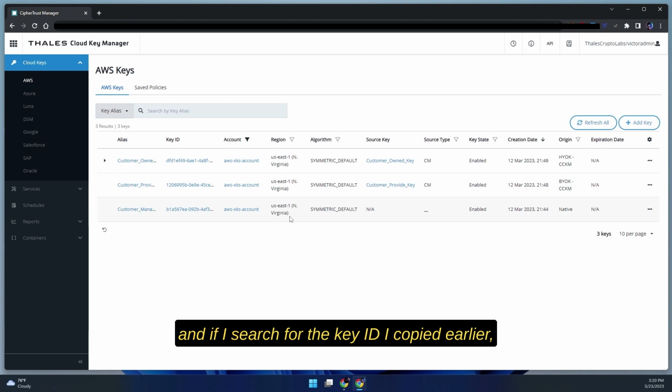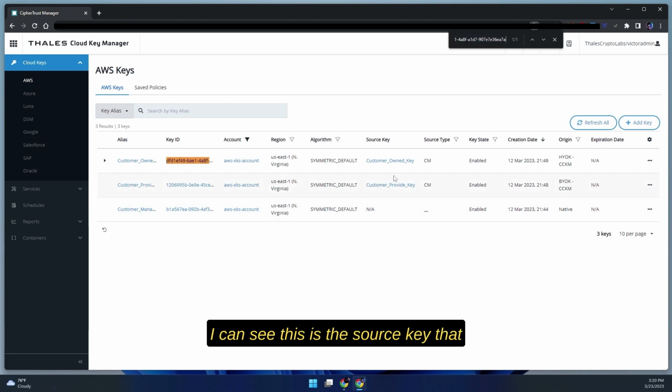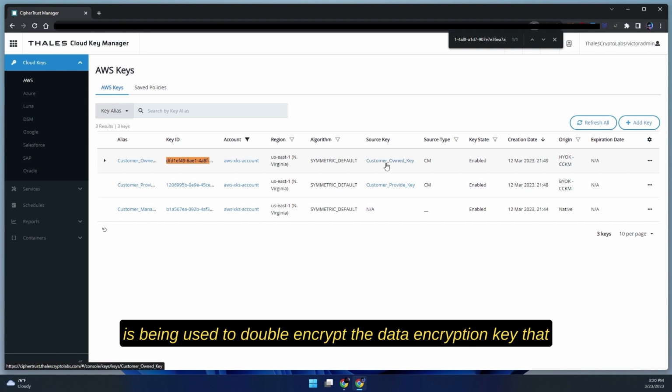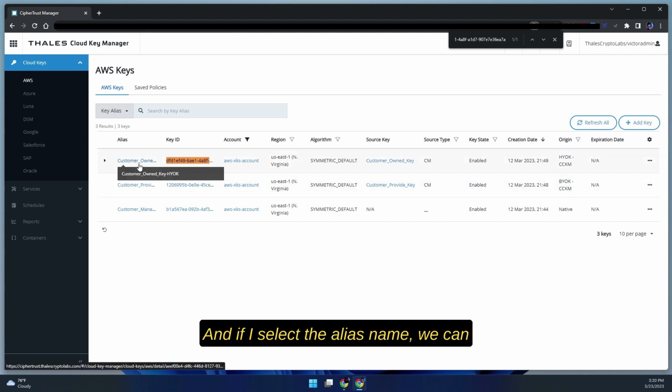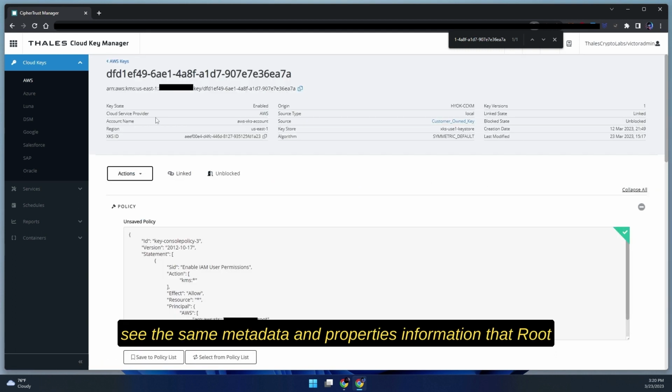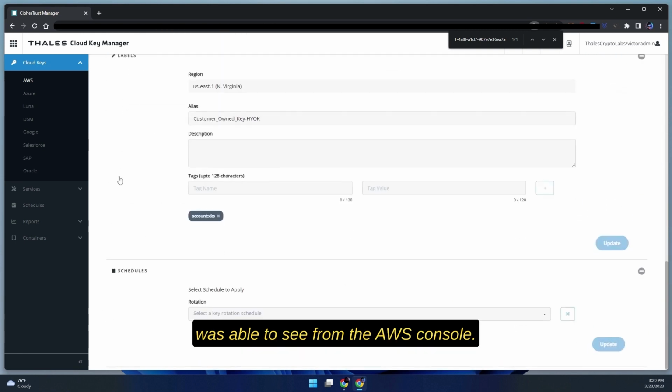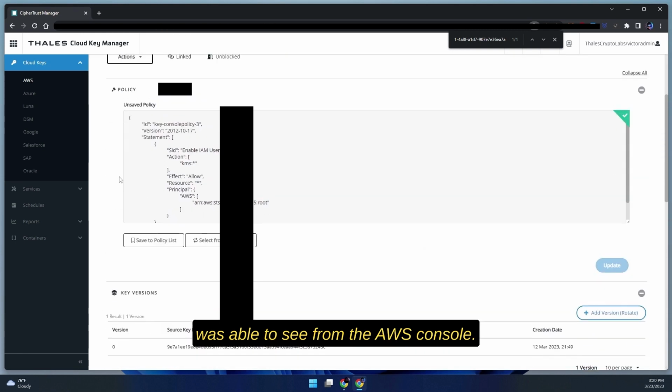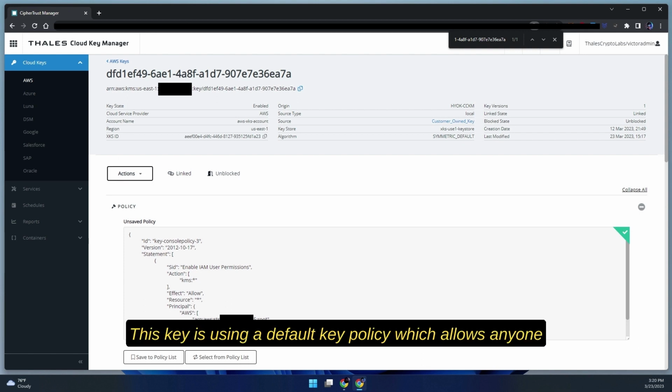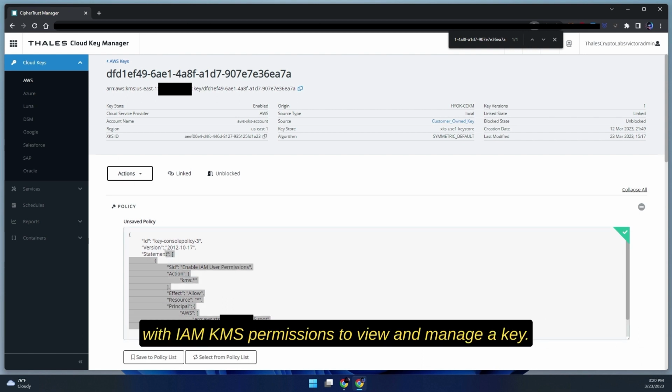And if I search for the key ID I copied earlier, I can see this is the source key that is being used to double encrypt the data encryption key that AWS XKS is sending to our CipherTrust Cloud Key Manager. And if I select the alias name, we can see the same metadata and properties information that root was able to see from the AWS console. But we have a problem. This key is using the default key policy, which allows anyone with IAM KMS permissions to view and manage the